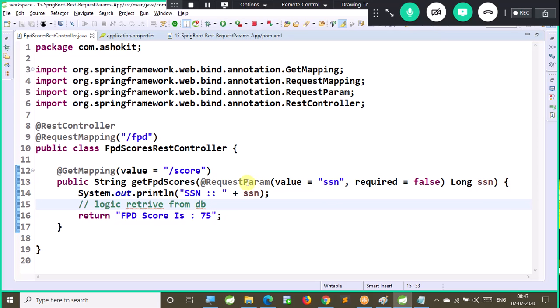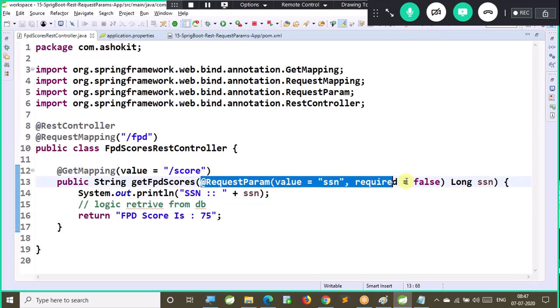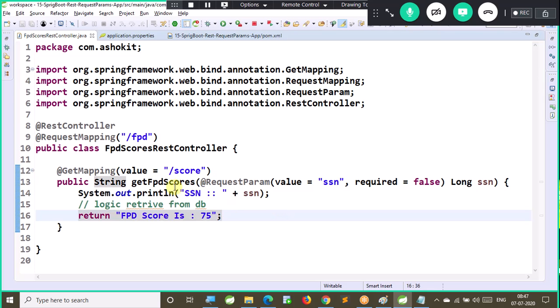Now, go to this annotation. Not only in the REST API, in the Spring controller also, you can read the query parameter by using request param. Same annotation, same behavior can be used in the controller also. But here I am using it in the REST controller. Today morning in the project batch we have seen, when the edit and delete functionality is working, we are sending a query parameter to the controller. Here in the project batch 6 AM in the contact application, I am sending contact ID as a query parameter to edit the record as well as to delete the record. That means in the controller also we can read the query parameter as a method parameter using request param.